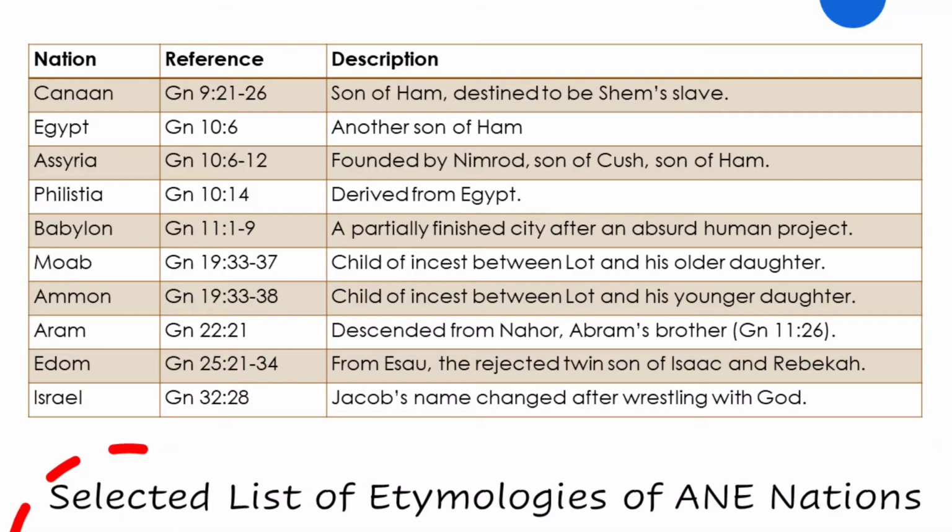I need to pause and move to our second theological element to point out that this passage in Genesis 9 has been among the most misinterpreted in history with catastrophic results. As you can see, while Egypt is in Africa and is a descendant of Ham, many of the other nations, including Assyria and Philistia and Canaan, are not set on the African continent. Yet, for many centuries, slavery and then later segregation in this country were justified by Christians as a natural consequence of the sin of Ham. This legacy remains with us today.